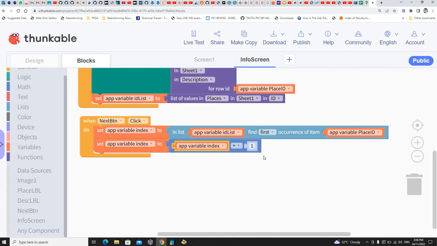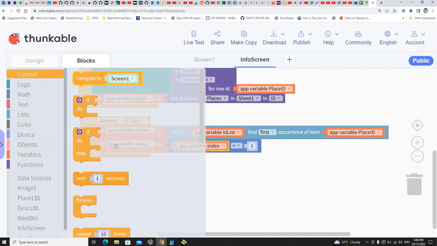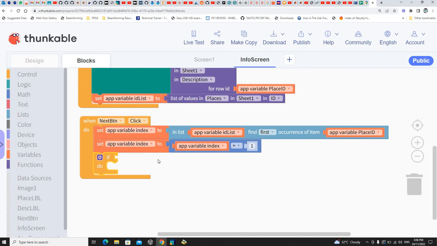But here there's also an issue, right? You cannot be doing this in a loop. You cannot keep on adding. You need a segment where you check for the maximum length of the variable. So how can you check? You need to set a control condition. If we already reach the maximum of the ID list, the length of the ID list, then you should initialize